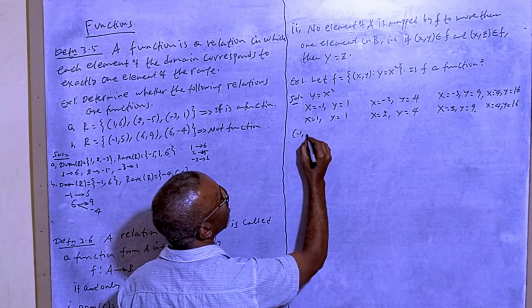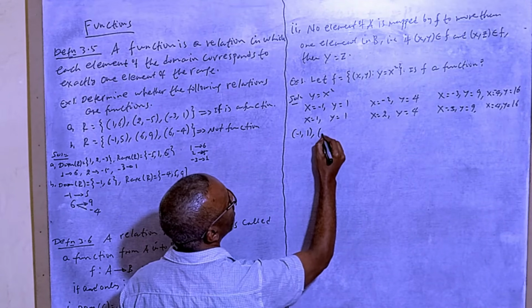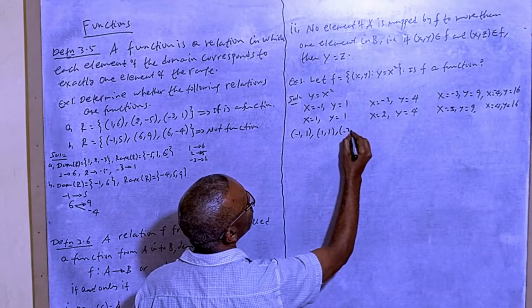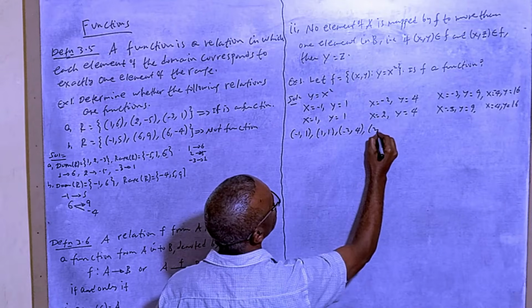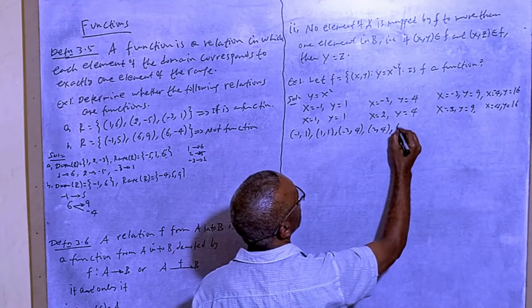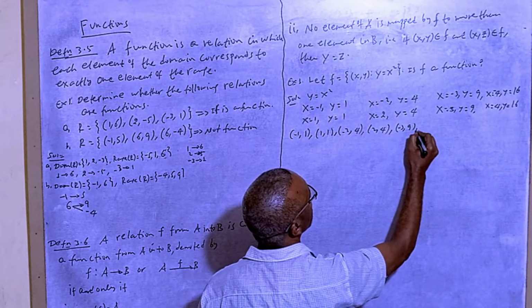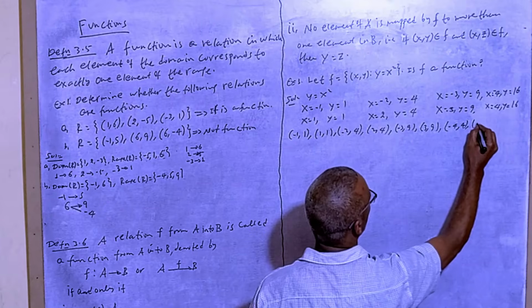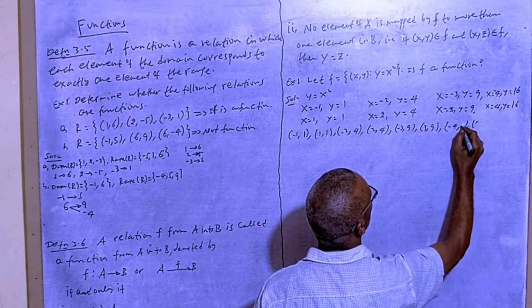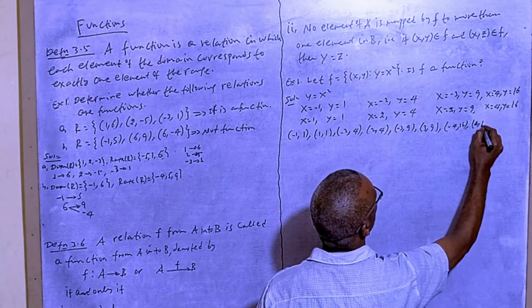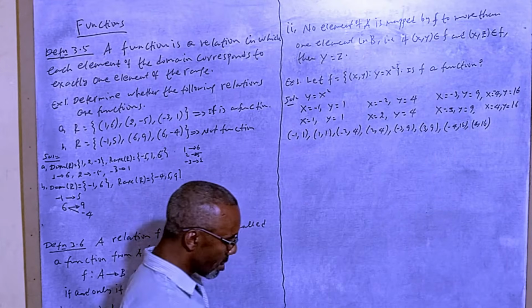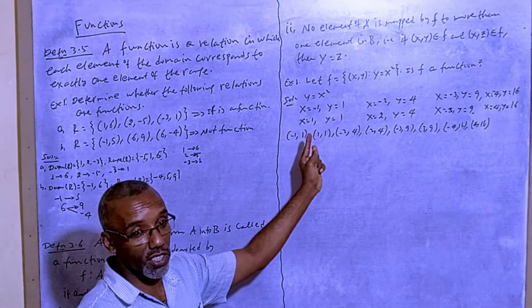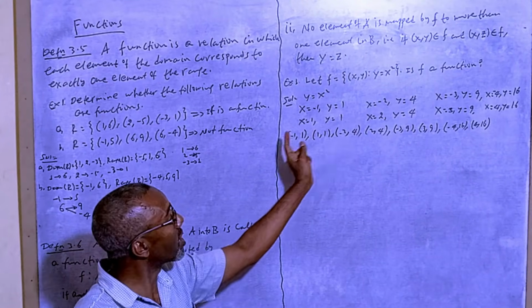(-1, 1), (1, 1), (-2, 4), (2, 4), (-3, 9), (3, 9), (-4, 16), (4, 16). ይሄ ቢሆን ይሄንን ብንመለከት this is the relation from x to y ማለት ነው።